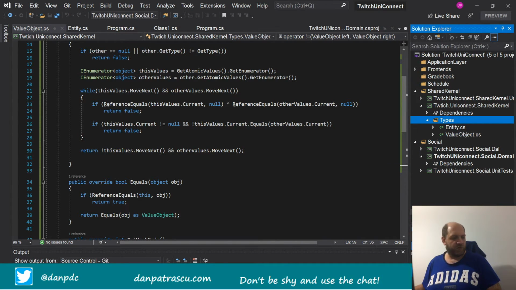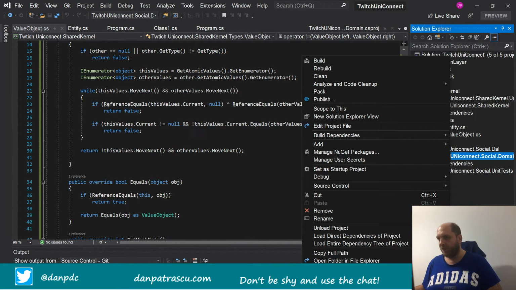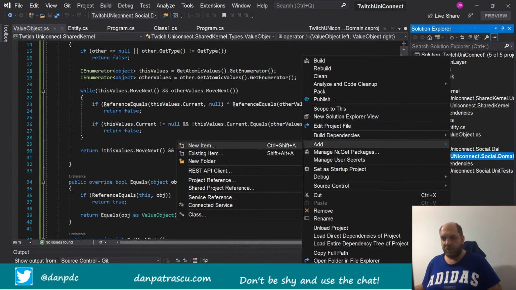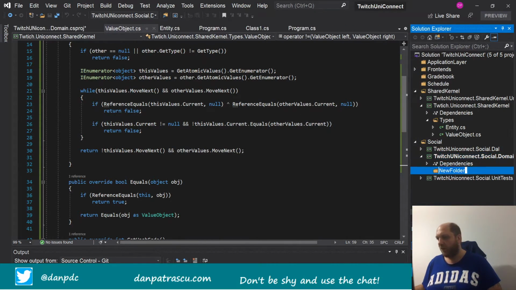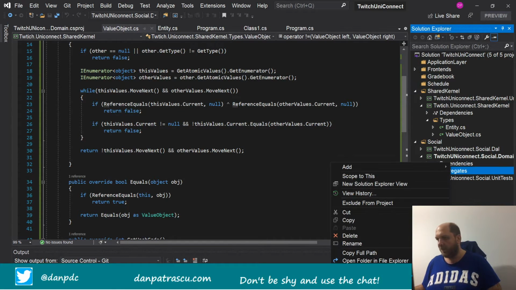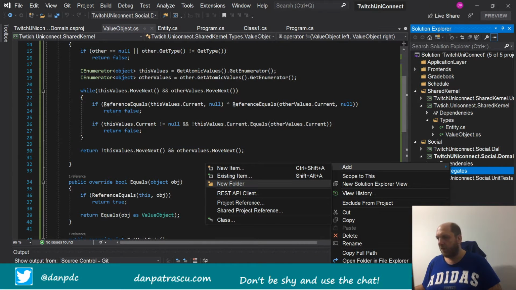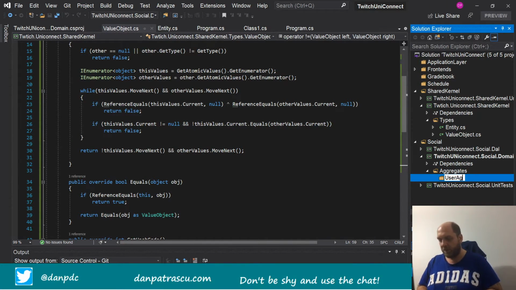where we'll want to start to build up our entity. And the first entity that we'll implement, of course, is the user. But before we go there, what I want to do is organize this domain project a little bit, and I would add a folder first, called aggregates, because here is where we will put all our aggregates, and we will have different aggregate roots, and in this case we would have the user aggregate that would hold all the classes that we need for